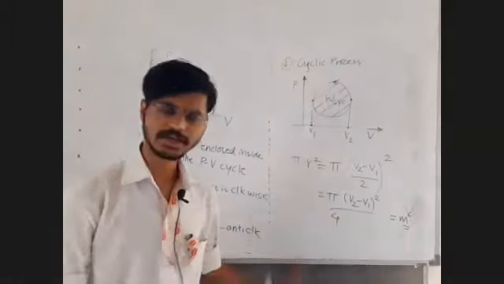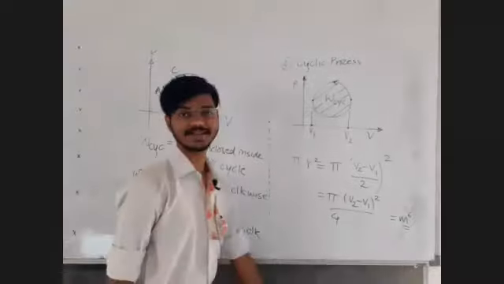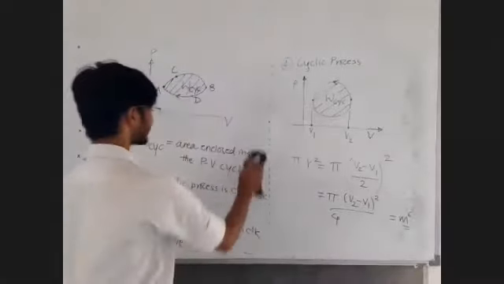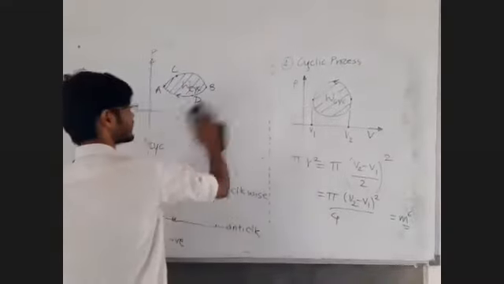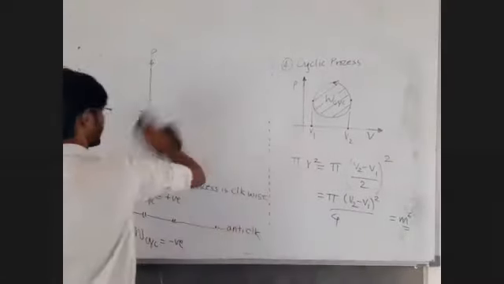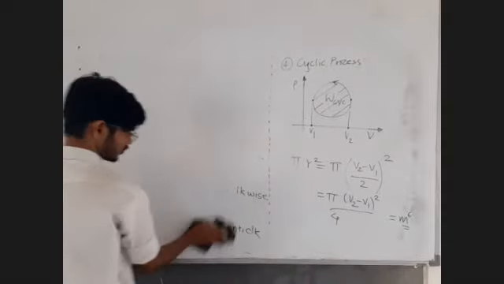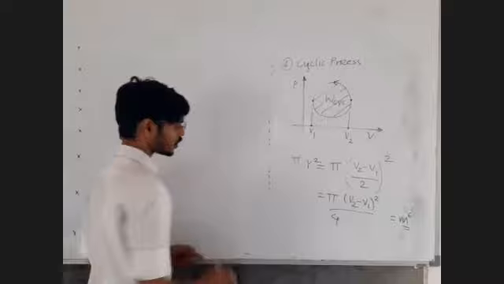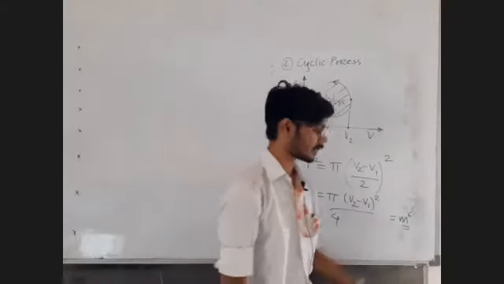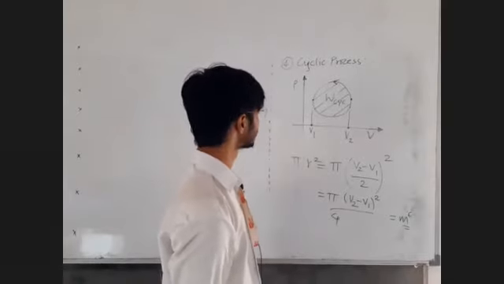So is the mistake clear to all of you? So how to find it out, sir? We know this is going to be the work done. It looks like a circle, and sir, you are saying that we cannot use the formula pi r square. Yes, you cannot use the formula pi r square, otherwise you will end up making the mistake. Okay, sir, then what to do?